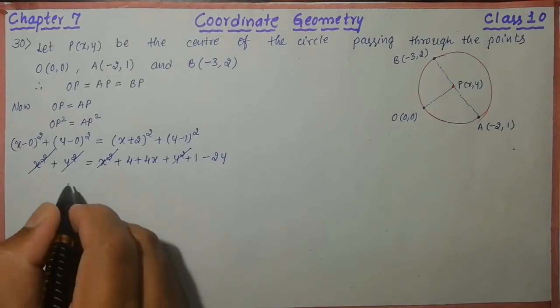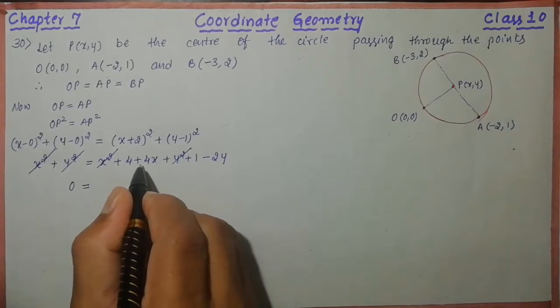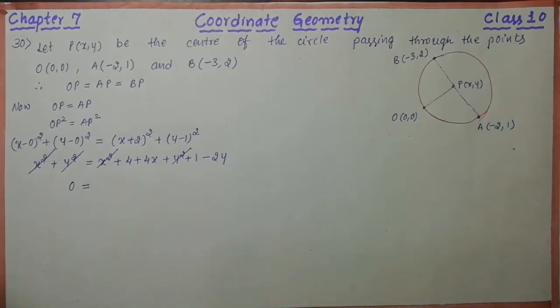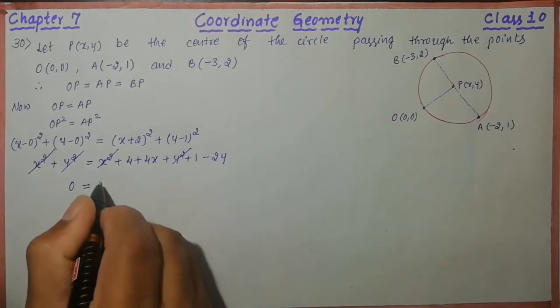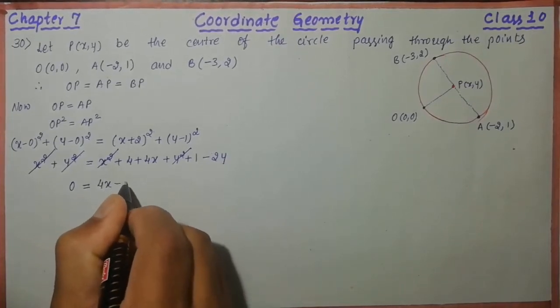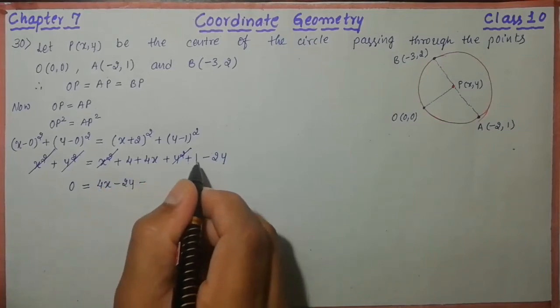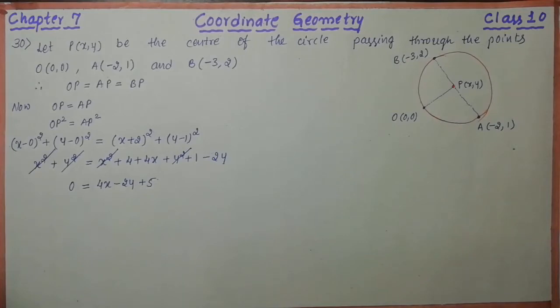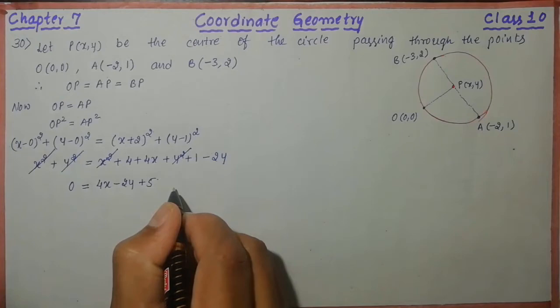So now look at here, the remaining thing on the left side, 0 is equal to, what is the remaining thing? 4x and minus 2y is remaining. Okay, 4x minus 2y is remaining. So now I'm going to write it down in a particular order. First 4x and then minus 2y and then the constant term. Now look at here, 4 and then plus 1 is there, so that's why it will become what? 5, like this. Okay, so now I'm going to put this one as equation number 1.